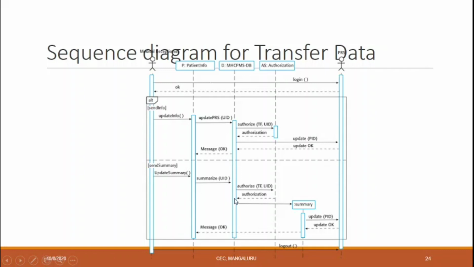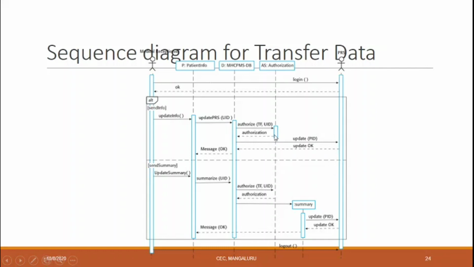If the authorization is valid, then you can update the record. So update the information, updated PRS UID, and authorize the UID. If the authorized UID is okay, then it returns the authorization. Then updated the PID, updated okay.